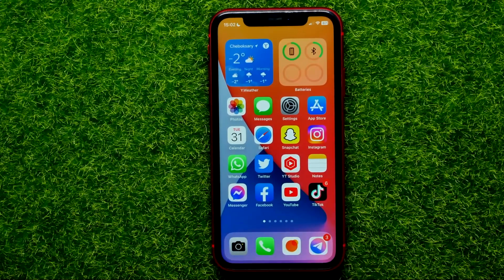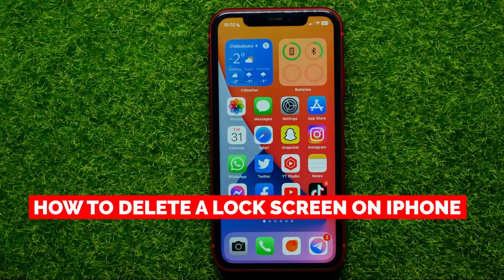Hello guys, welcome back. In this video I'm going to show you how you can easily delete a lock screen